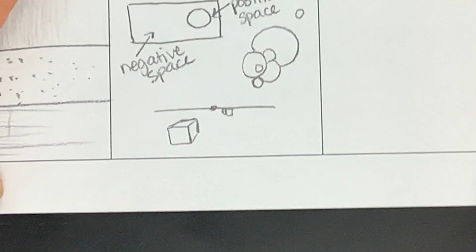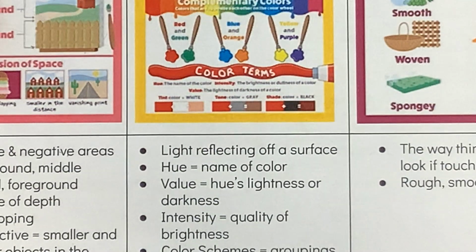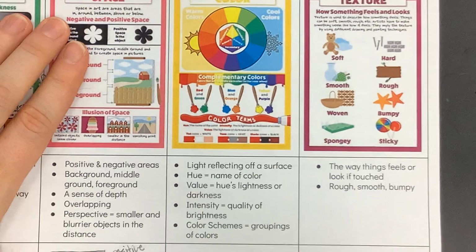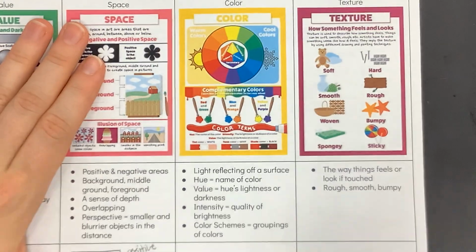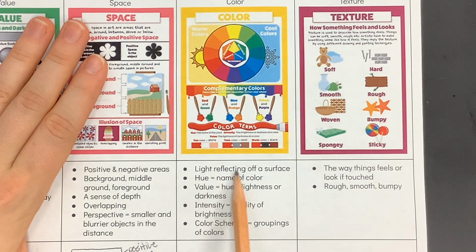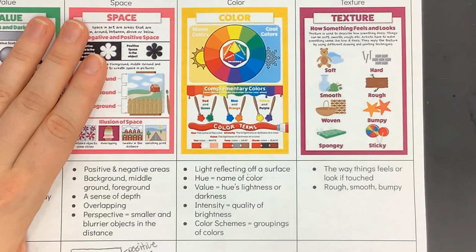Okay, we're on to color. Color is another really big term, and we're going to cover color as a whole unit coming up. Color is essentially light reflecting off a surface. The reason I can see the different colors you guys are wearing today, for example a red sweatshirt, is that all of the other light waves are being absorbed into that sweatshirt,